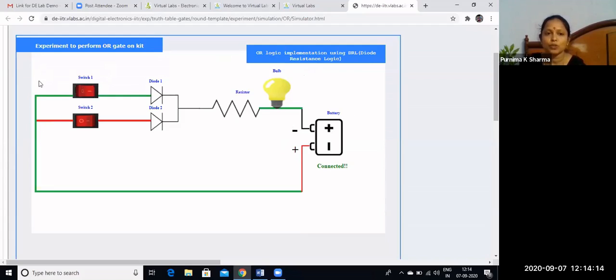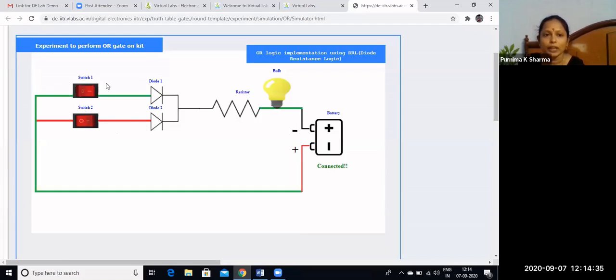Same thing here. Switch 1 is in on position. Switch 2 is in off position. That means we are giving 1, 0. We are giving 1 to the diode, so that diode acts as an on switch, and diode 2 acts as an off switch.